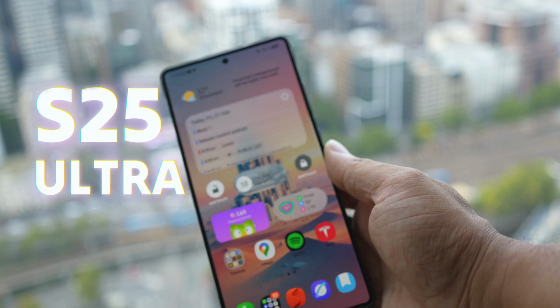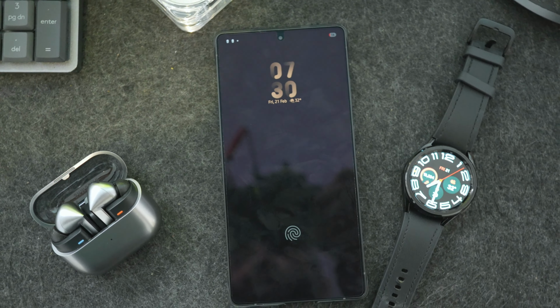Samsung S25 Ultra has been out for just about a month now. And ever since release, I've switched over to this as my daily phone. I've spent enough time with the device now to give you honest first impressions and a bit of a